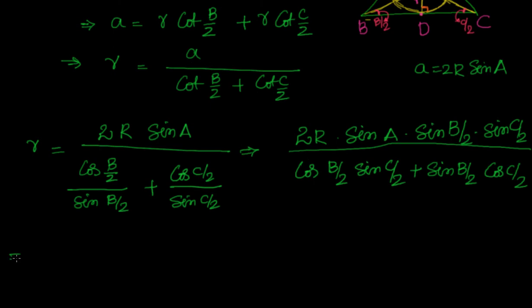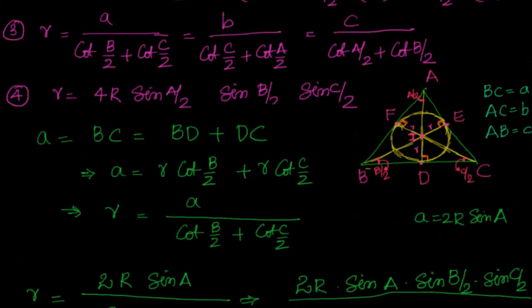Now let's simplify this. This gives me r equal to, okay, now this is nothing but sin A cos B plus cos A sin B. So I can write it as sine of A plus B, and this is sin A. I can expand it further. So I will say 2R into 2 sin A by 2. Why am I doing that? Because I see in the solution that I have to get sin A by 2 there. If I look at the solution, I have to get sin A by 2. Remaining all are there.